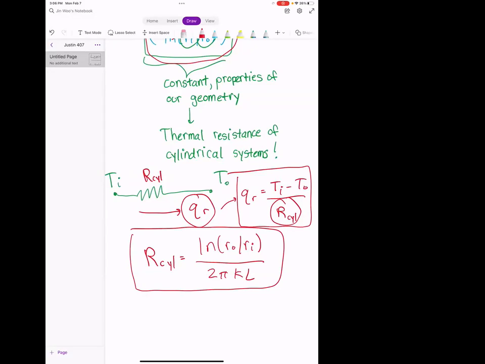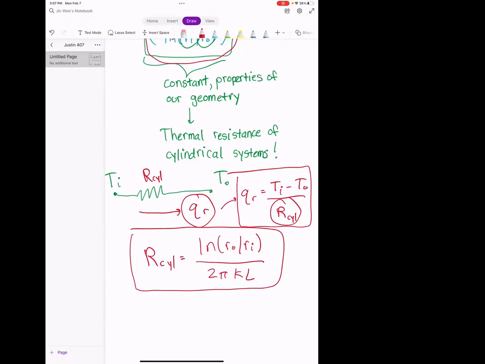If you have a cylindrical system and you want to compute the amount of heat transfer that goes through it, you can use that equation right there for the resistance. And in the next homework, homework 2, which I'm working on right now, I'll probably get it out to you on Wednesday after the first one's due. You'll have a problem that deals with this. All right. Any questions on how we got this formula for thermal resistance?